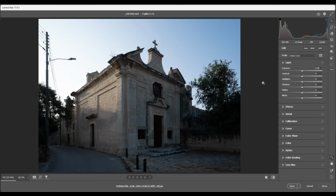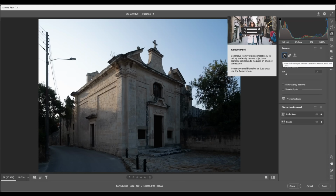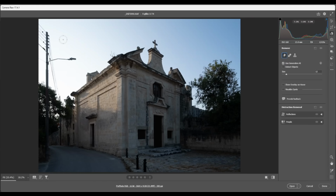and I'm gonna use the remove tool, and we're gonna remove these power lines and the lamppost also, and even this lamppost here as well. So I'm going to head over to the remove tool, and I'll be using the remove tool here, and I'm going to start with the power lines and work my way down to cover the whole